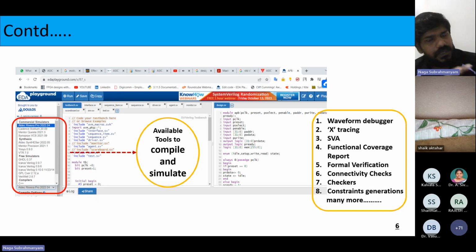Once it has compiled all the modules, it will stitch the modules, meaning which module has to come first, which next, like that. One order will be there, that is called the compilation order. That order will be verified in the elaboration level. Once it is done, they'll start simulating the data, meaning they'll put the data from the verification environment to the design. Okay, you will get to know that soon. These are the various other tools also.